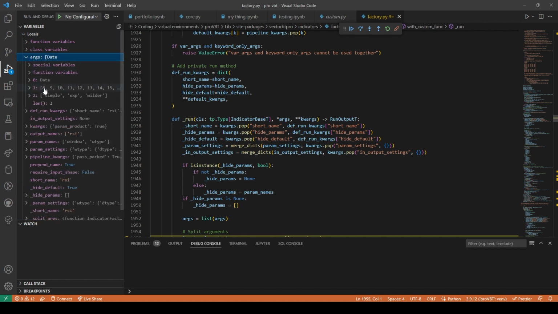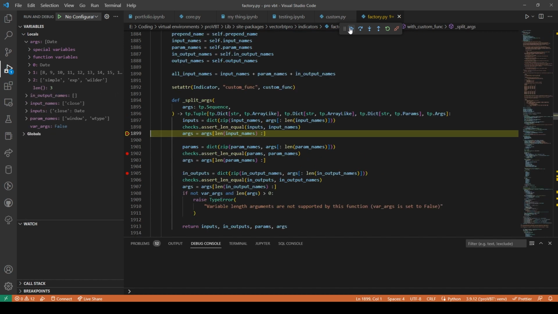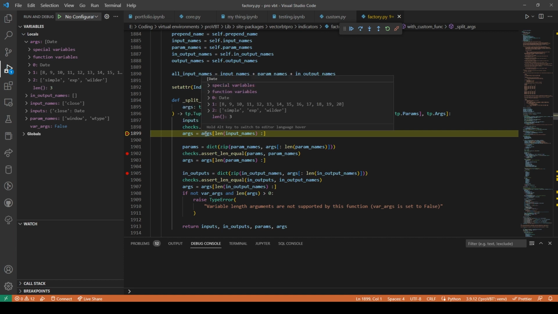So our args are this. Now let's go to the next part. It's up here. Inputs, dict, zip, input names, args, the length of input names. Check. Args equals arg, length, input names. What?